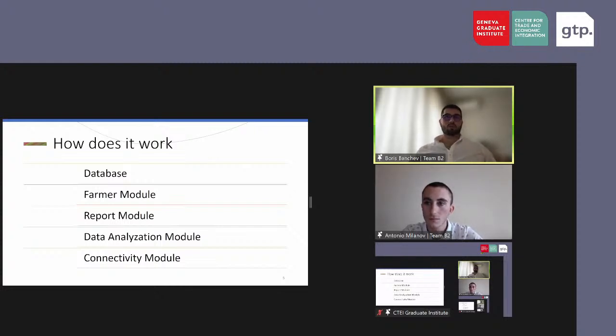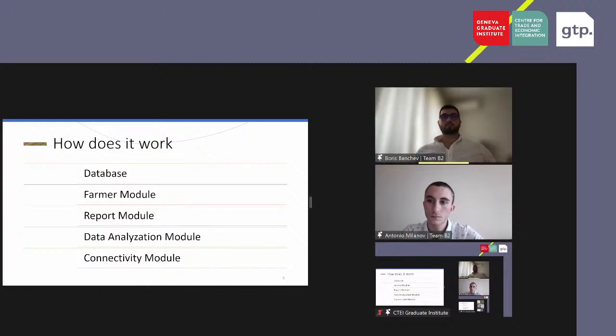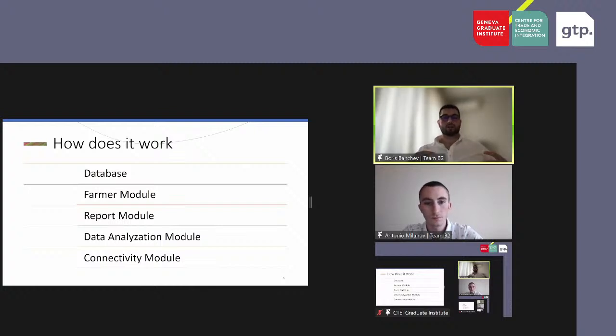Then the application requires farmers to first register in our system. After they do that, they need to fill in the necessary information. And based on this information, our footprint algorithm, which is based on the GHG protocol, will give a calculation of their footprint. The report section will contain the historical data of the farmer. There will be an option to receive a PDF report containing a detailed description of the information. Farmers will be able to extract raw data in different formats, and they will have the ability to compare the results by different criteria.